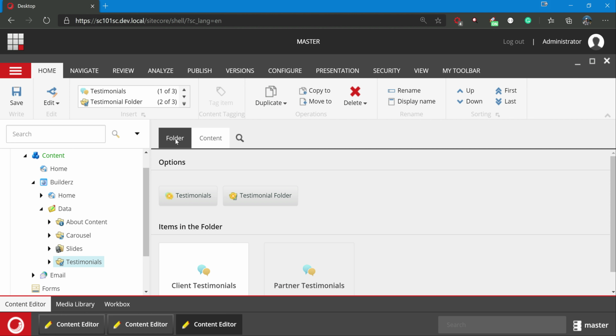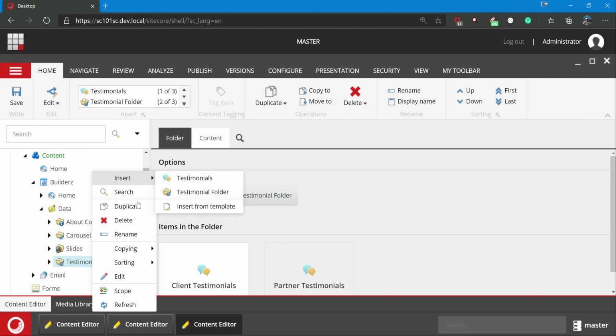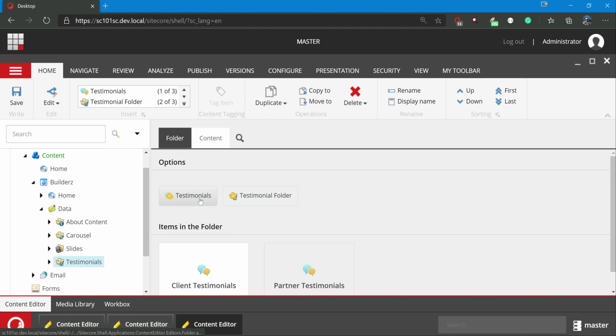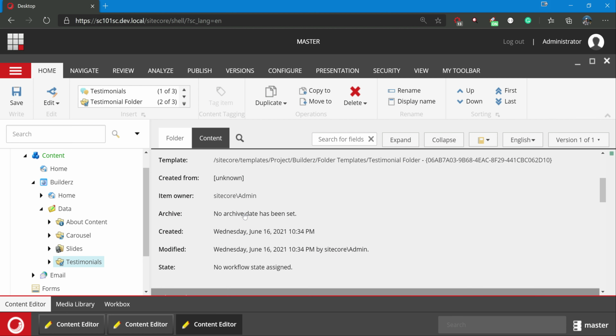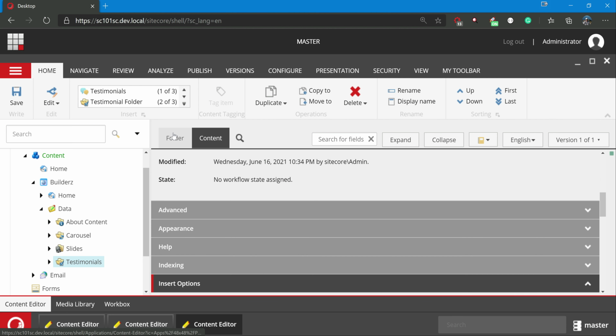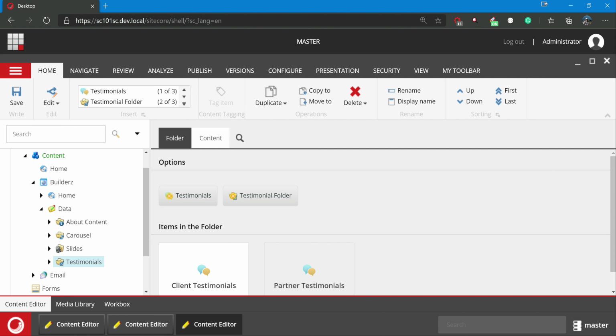What is the use of this folder is, here directly you will get this as a starting one, and you also get the insert options. Either you can right click and do it here, or you directly get these options here. This is much easier, right? So you can add whatever items you want. And why do we want to go to content? Because there are no fields for this, so it's not a priority. The main priority is the insert options. So that is the reason we always suggest you inherit from the base template, which is a folder template provided by Sitecore.